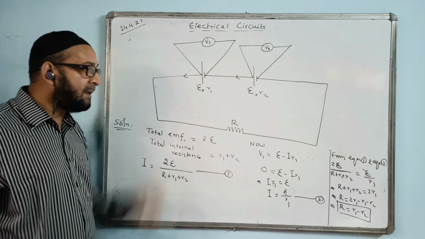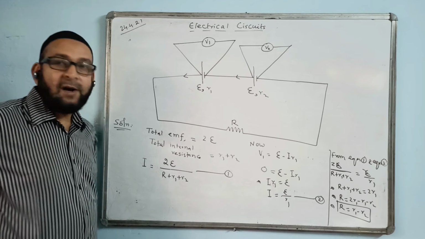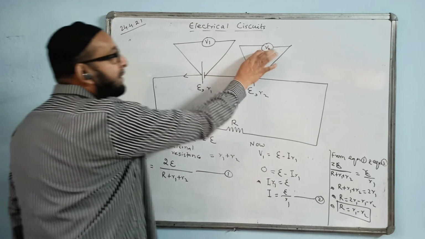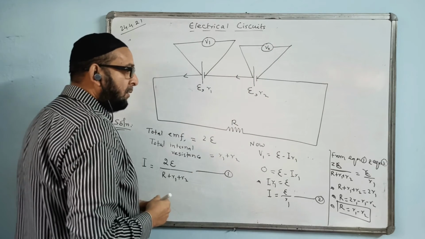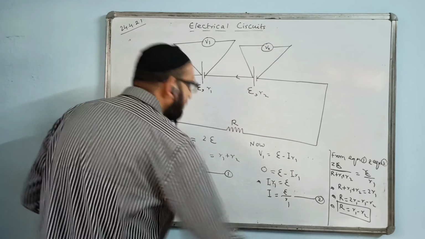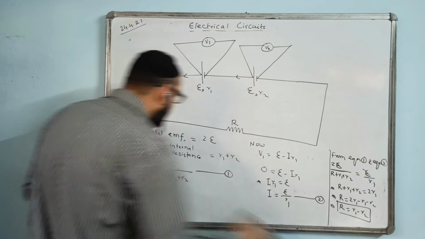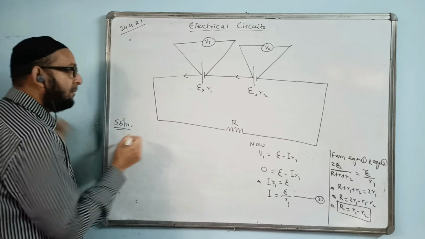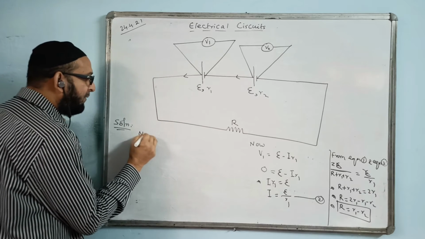This one even came in IIT. So this is the value of R. We have to do one more thing in this question. We have to find the voltmeter reading V2. I will continue here. I rub this part and then I do the value. Now we will find the V2 value.